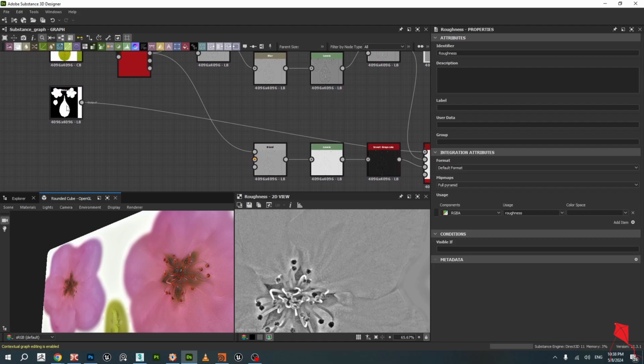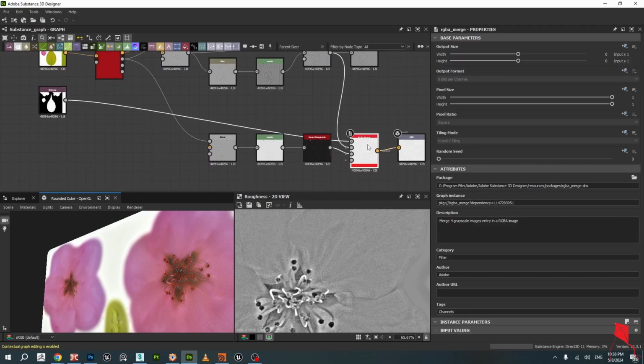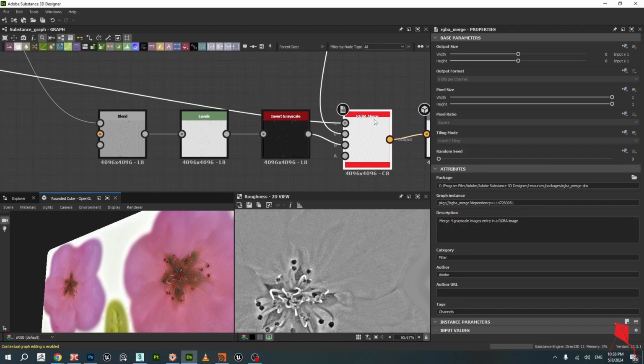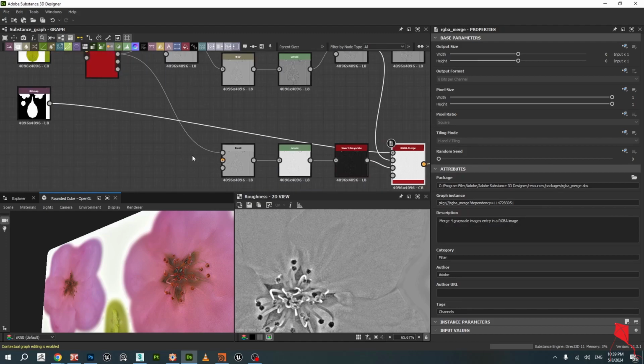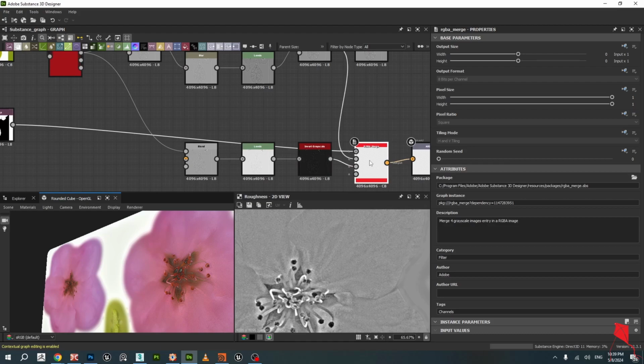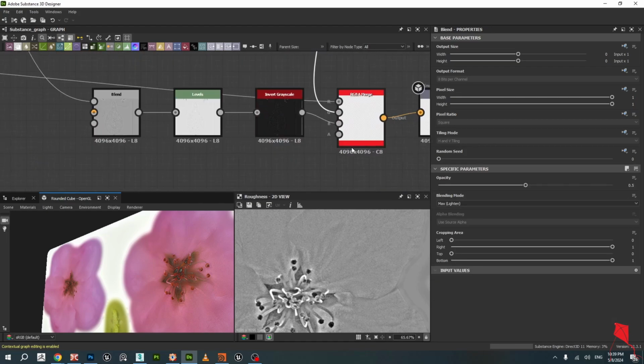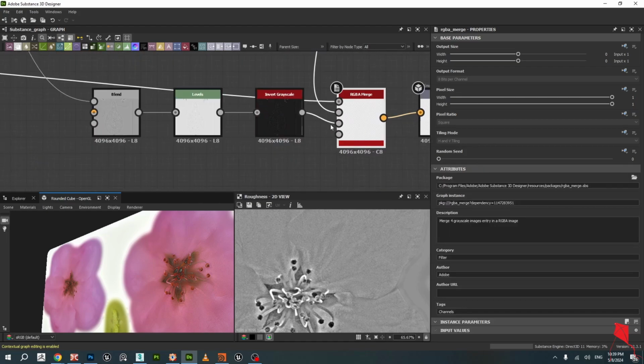So let's continue. Then I used my alpha, and with the RGBA merge node, I combined alpha in the red channel. That's the standard setup that I'm using, and I saw that Megascans and many other sources, tutorials do the same thing. So we pack alpha channel in red color, then we pack roughness into green, and